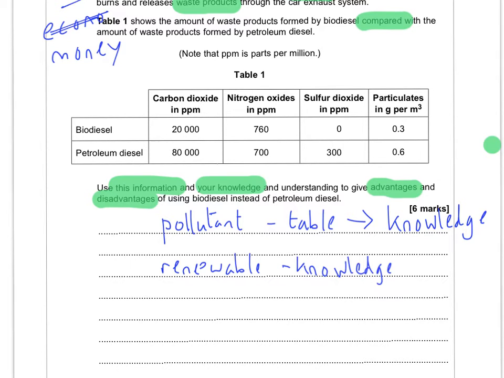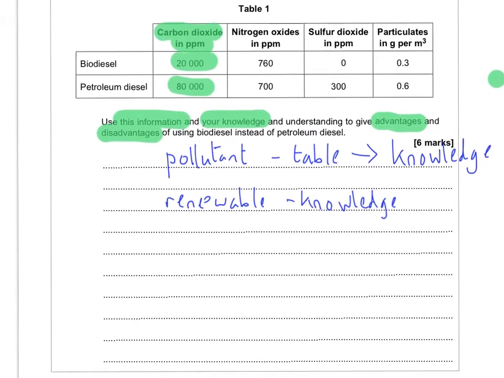So we can see, for example, let's have a look at carbon dioxide. You can see biodiesel's 20,000, petroleum diesel's 80,000. Now if we just stated those figures, biodiesel is 20,000, petroleum diesel is 80,000, we would get no marks because we are not actually saying anything of value. Okay, so what we'd have to do is say, for example,